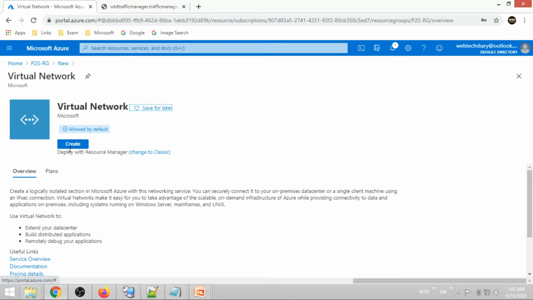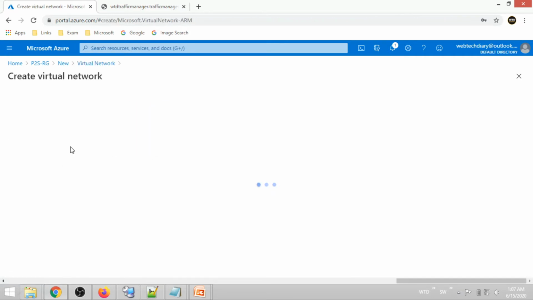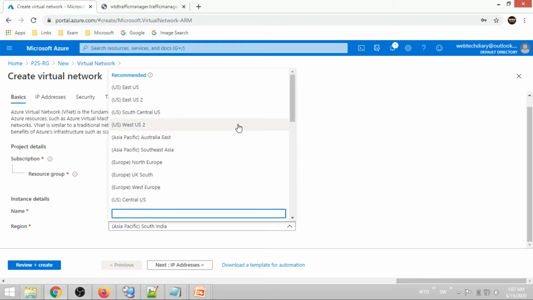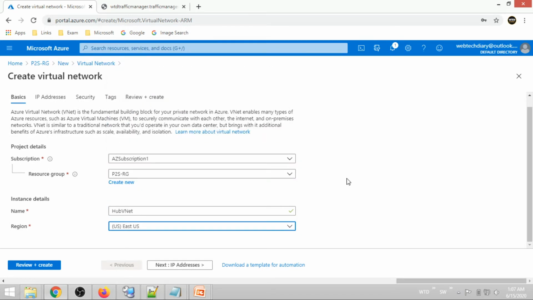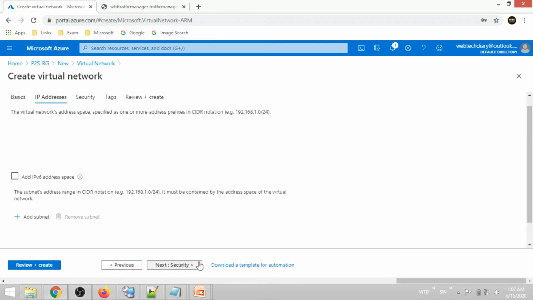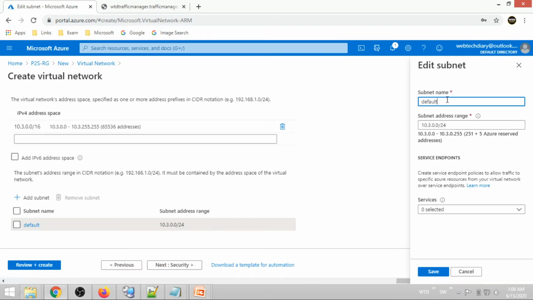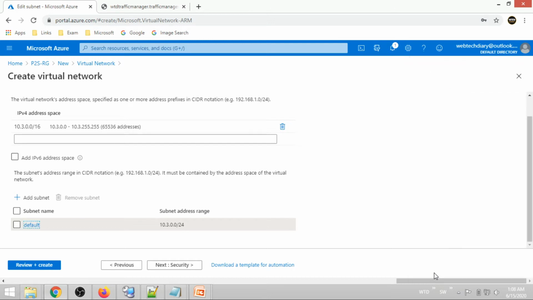I'll name it Hub VNet, and we'll be using this VNet for our future demos. I'll make it the web subnet. So let us create it with the subnet.